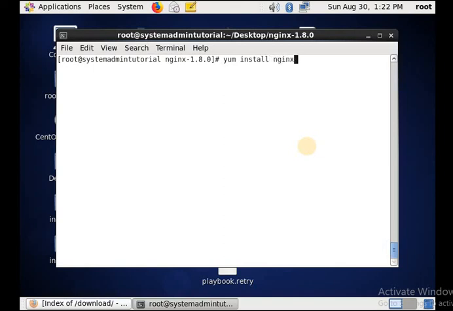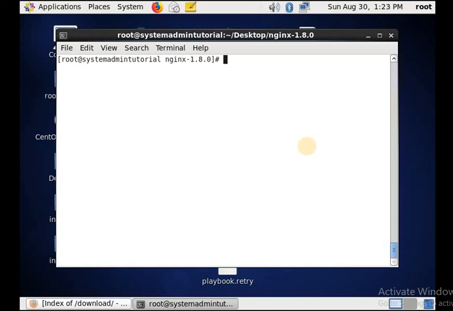Next, after the dependency check, you will go for the make install command. You have to run the command make install in the nginx directory only, and it will install all the packages. If you are using the yum command, then there is no need to use this make install command, because by default yum will install all the dependencies and everything on your system. Here everything is installed, so nginx is already installed.